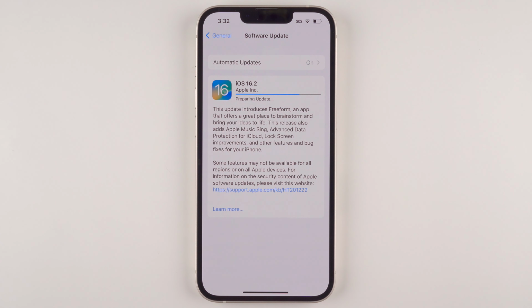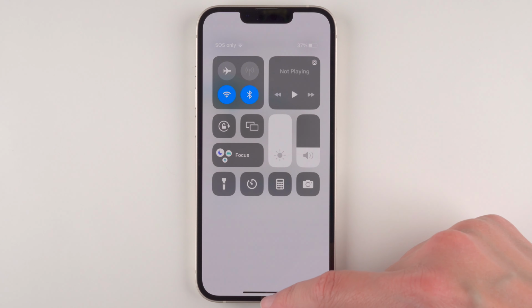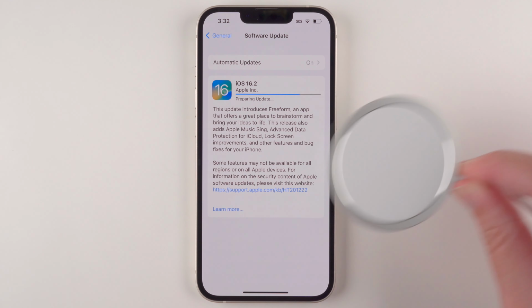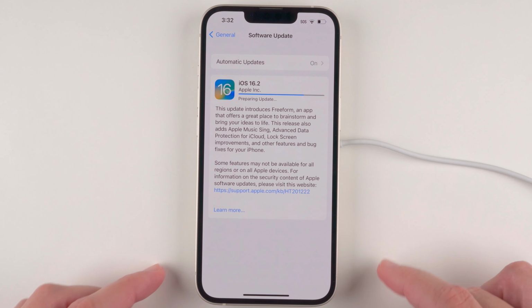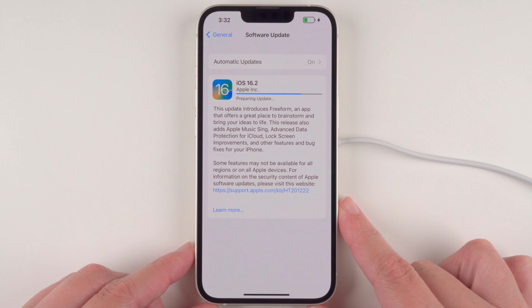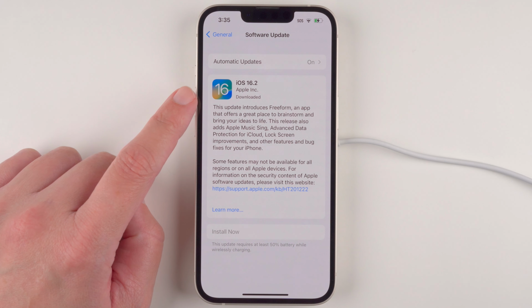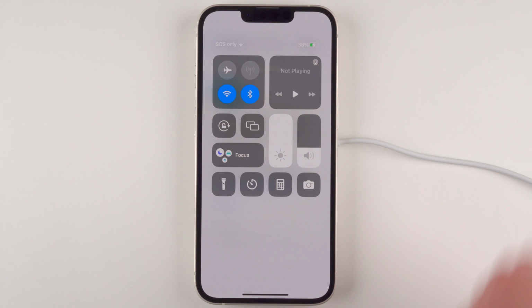And one thing I forgot to mention is if your iPhone has less than 50% charge, it is highly recommended to go ahead and either insert the charging cable here or use a wireless charger so that it can be charging during this update process. Alright, so now it has finally downloaded, and it looks like we need to have our phone at least 50% battery while wirelessly charging. So right now I'm only at 38%,